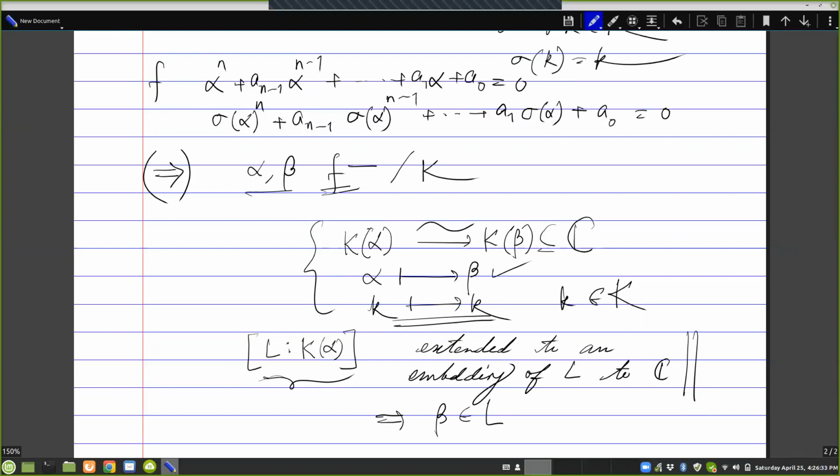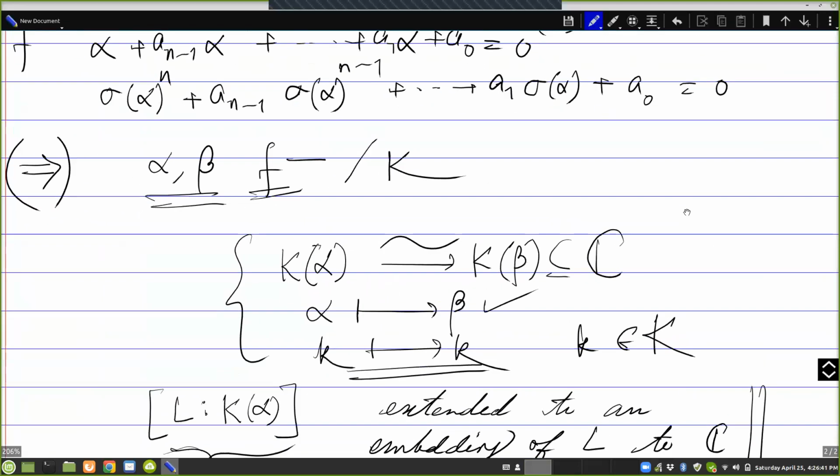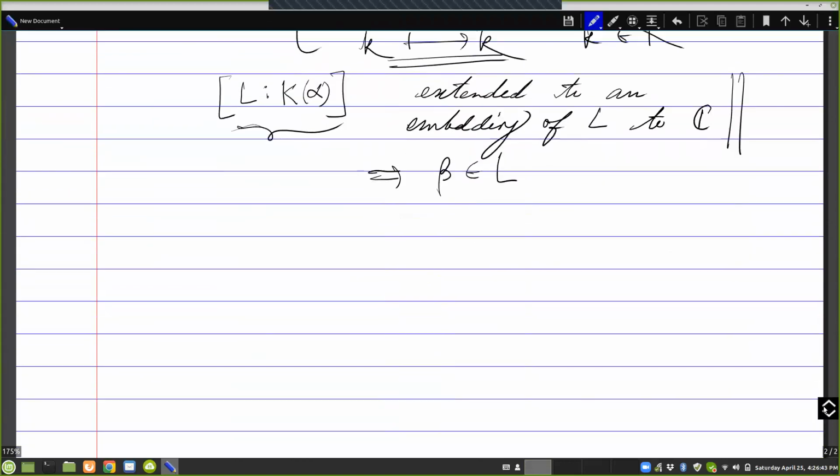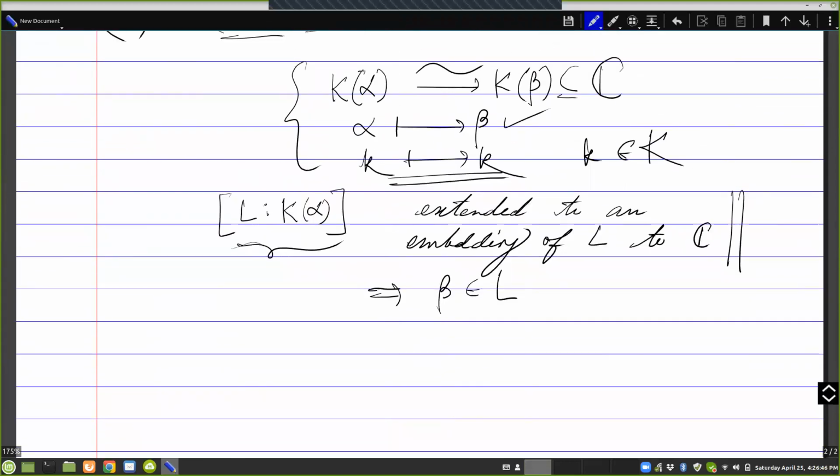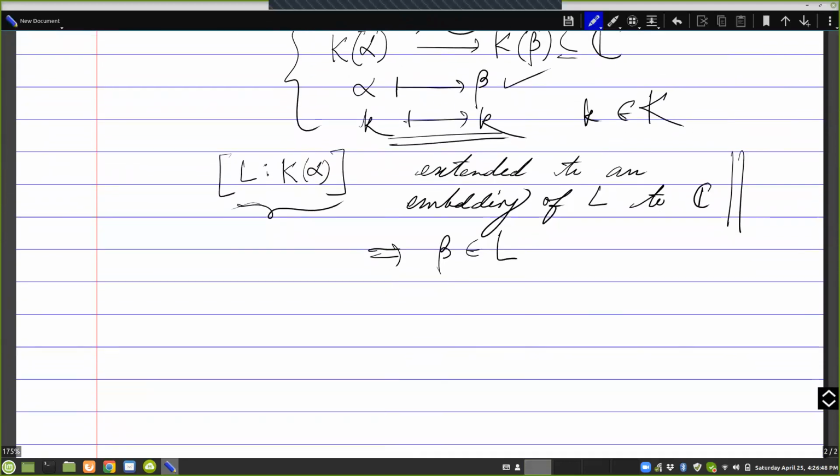Thus we assume that it's closed under conjugation, that if you take any alpha and consider all its conjugates, then it becomes normal. Okay, so we stop with just two things. As a corollary, we can immediately achieve